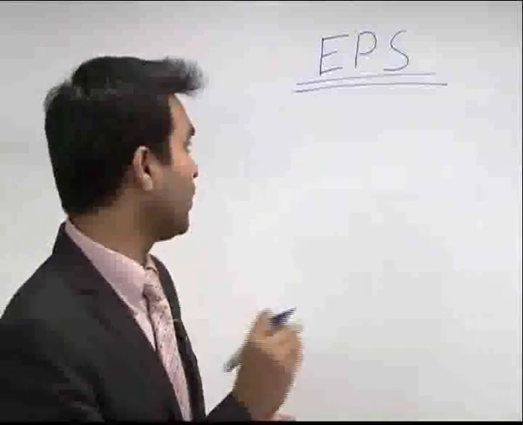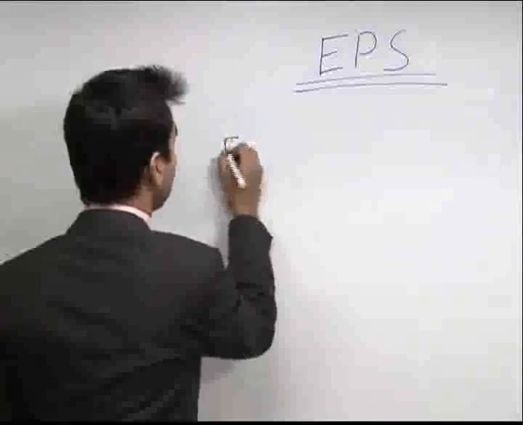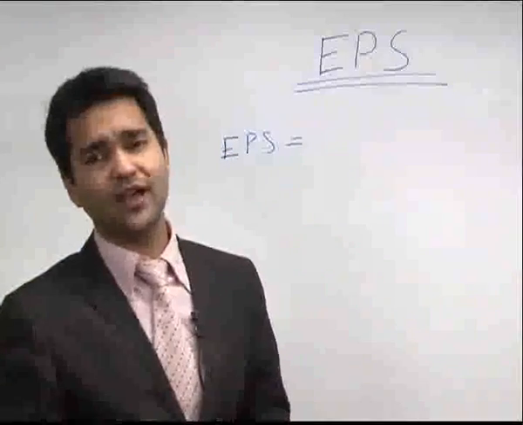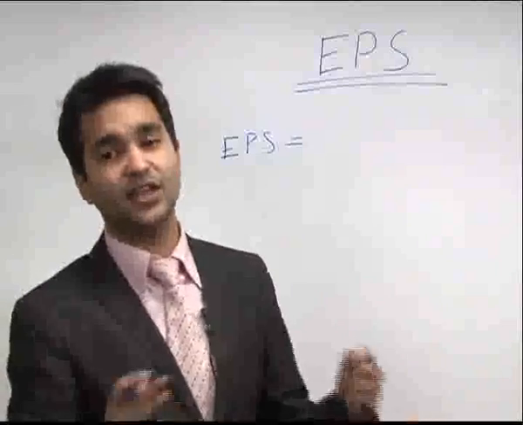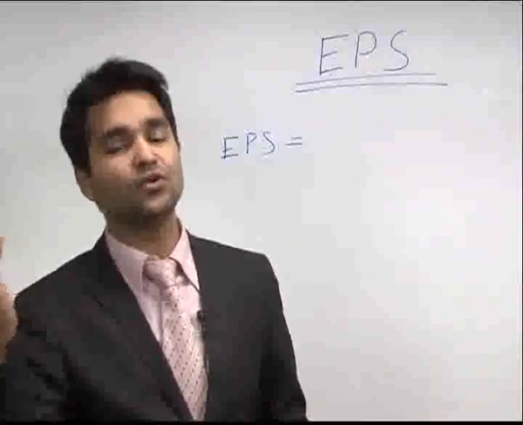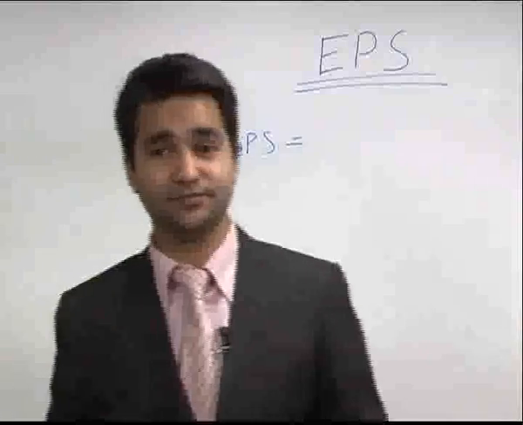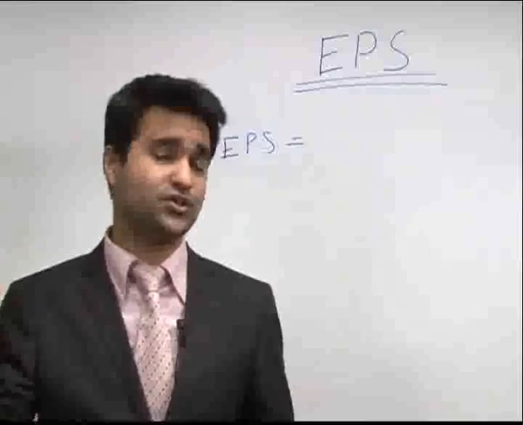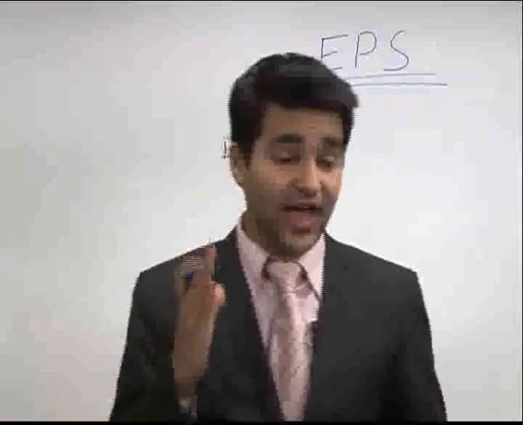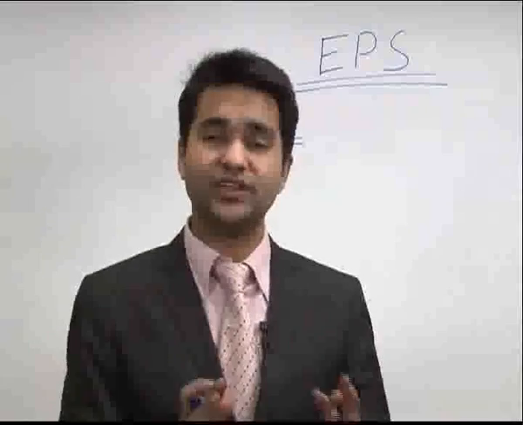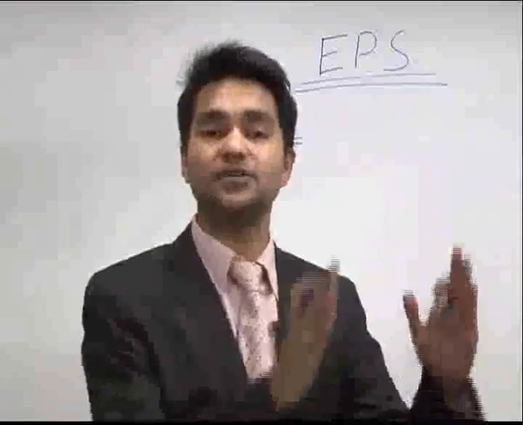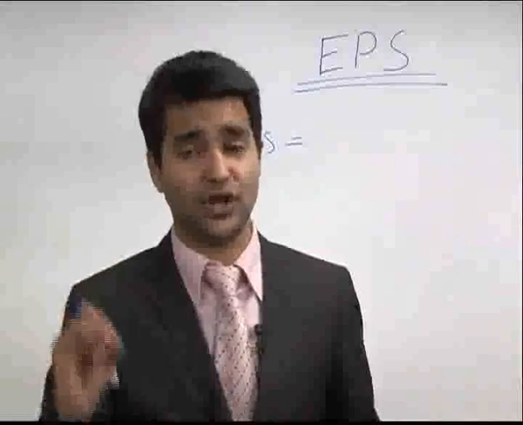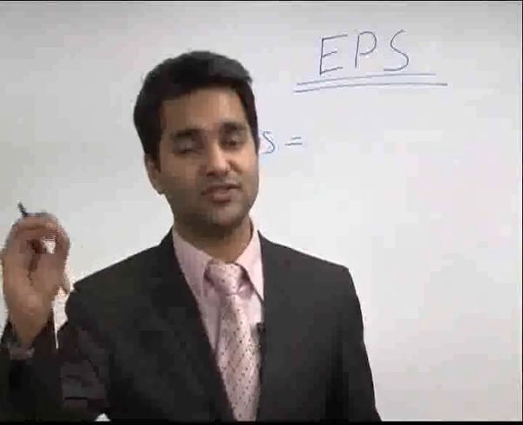We all know that we have preference shares, debt, and equity in the company. Who are the basic owners of the company? Yes, you're correct. It is the equity shareholders who are the basic owners of a company. We have debt, for which we have a fixed interest payment, and we have preference shares, for which a company needs to pay a fixed amount of dividend, which is the preference share dividend. That's fixed.